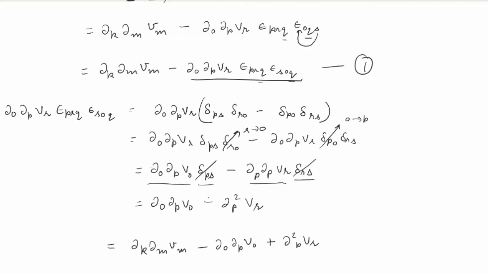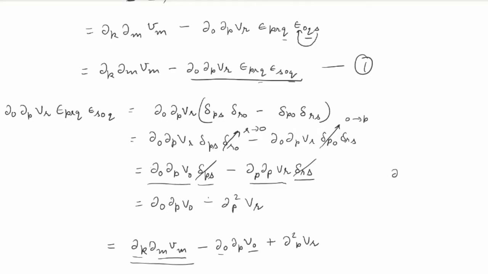In this we have del M Vm and a del K, and M also goes from 1 to 3, K also goes from 1 to 3, and K is a vector quantity. M, because it is repeating, is a scalar quantity. Here we have del O VO, and in differential calculus, if we take del O inside and take del P outside, it won't change anything.